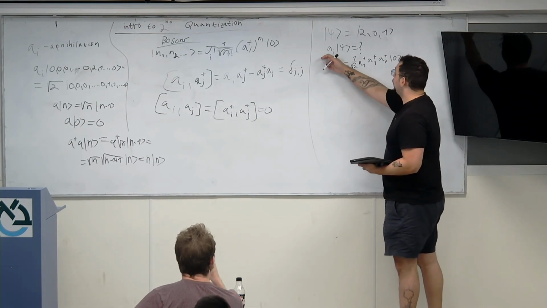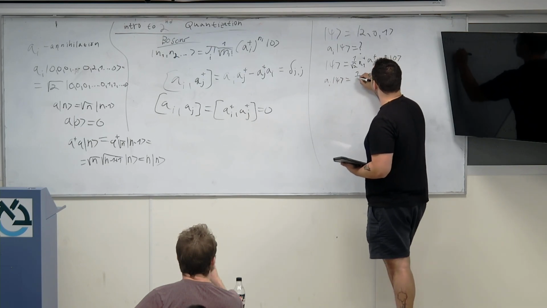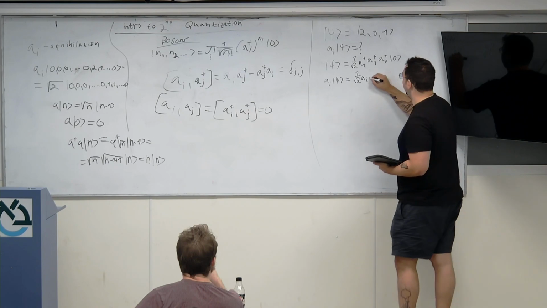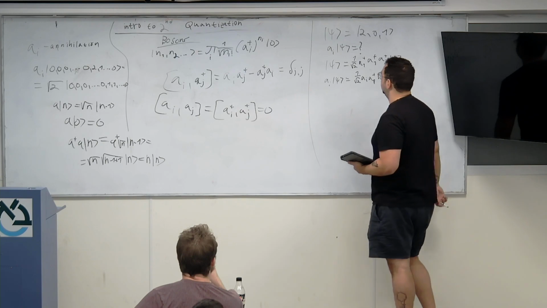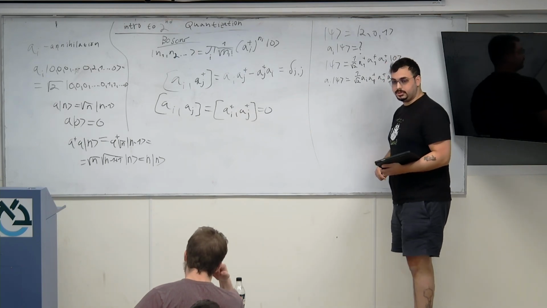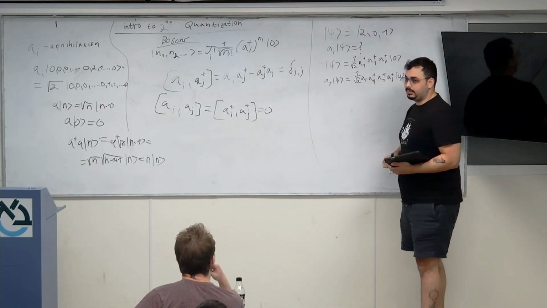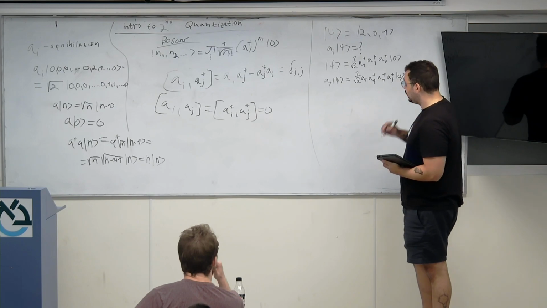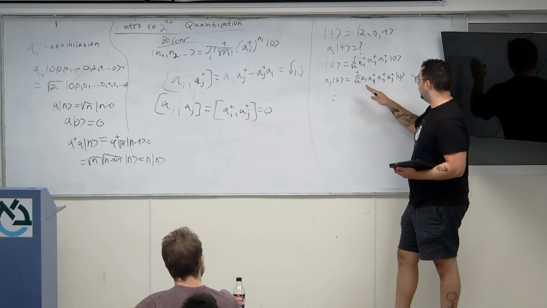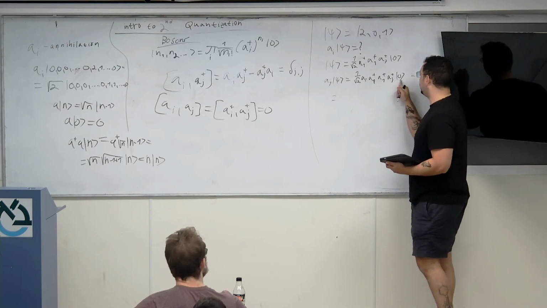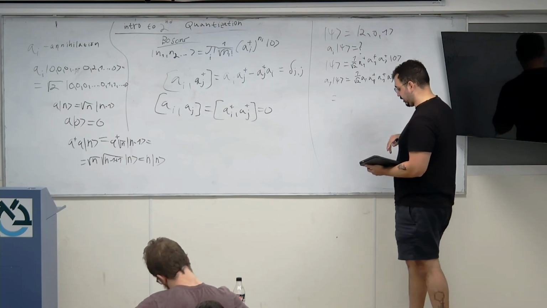Now, to do this equation, I'll just write a_i here. Let's do one for example, and the rest you'll do yourself if you really want to. Let's start with annihilating with a1. My objective now is to move the annihilation operator all the way to the right to operate it on the vacuum state.